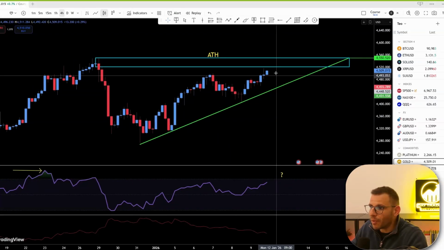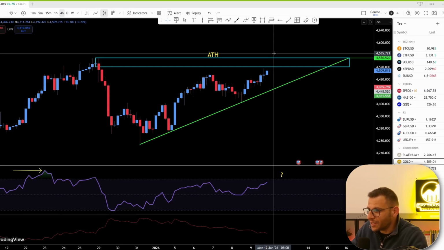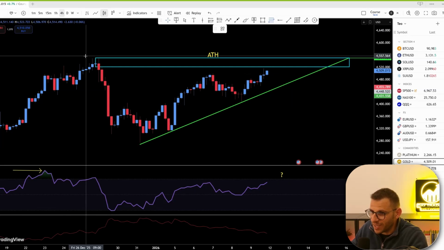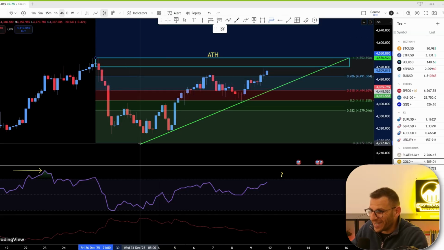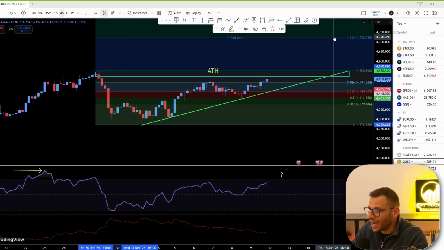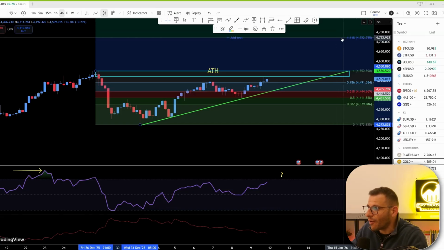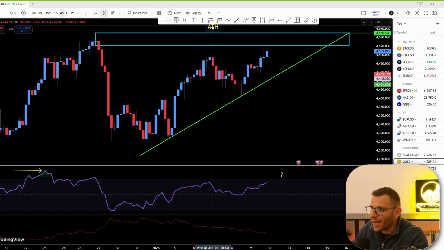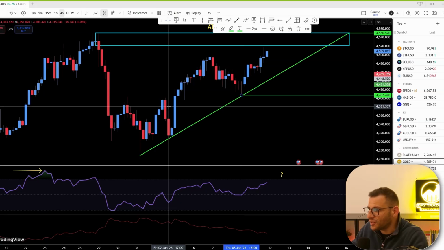Saying that, if the price breaks and closes above the all-time high, we're going to see a new all-time high, obviously. And the way to measure it is with the Fibonacci extension, which we can use the 1.618 extension to predict the next key level of resistance, which can be around 4,700 to 4,730. On the other hand, if the price rejected and moved downwards, the first key level of support will be